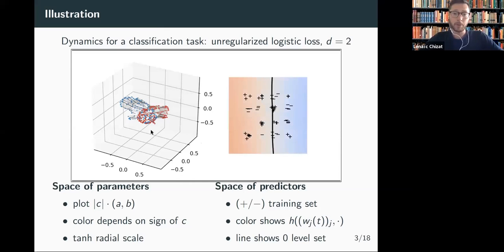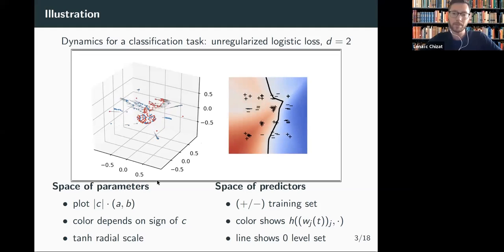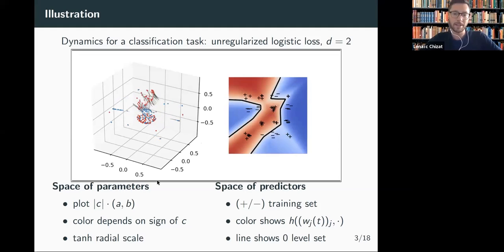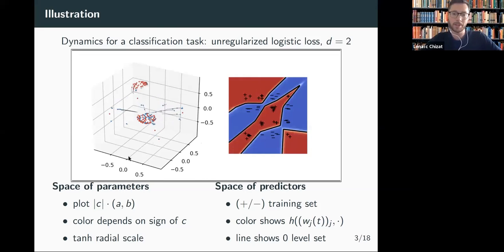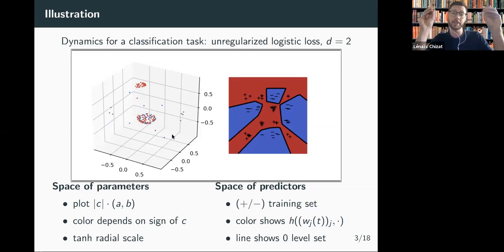So I recall this is the space of predictors, and the space of parameters. We see that all the particles evolve during our training dynamics. And little by little, we achieve smaller and smaller training error. And in the end, we observe some remarkable facts. In particular, we see that the learned predictor has a few straight edges, so it's quite simple. And in the space of parameters, we see that although we had a lot of particles at initialization, they have collapsed into just a few groups. And at the bottom, we have some inactive neurons, which are the ones with a bias which was too small, so they remained inactive throughout the dynamics.